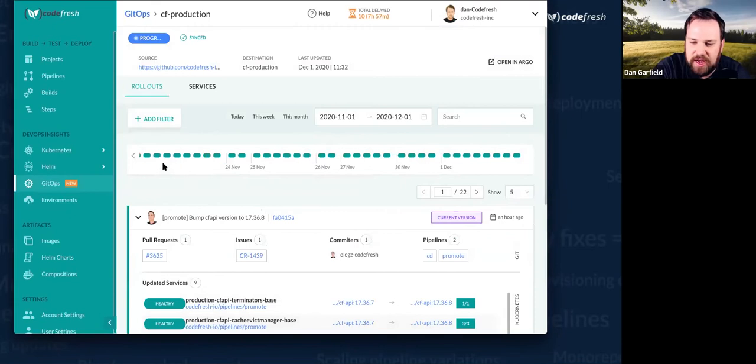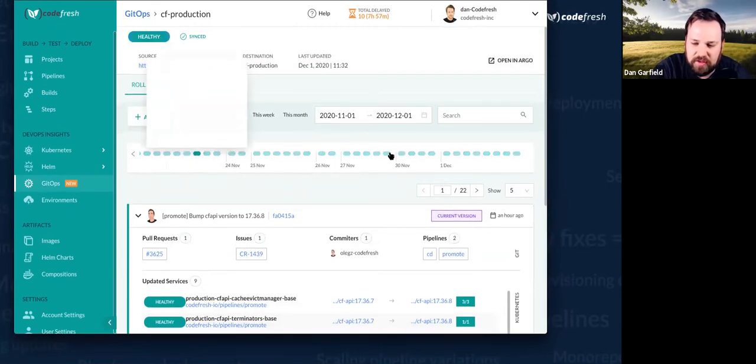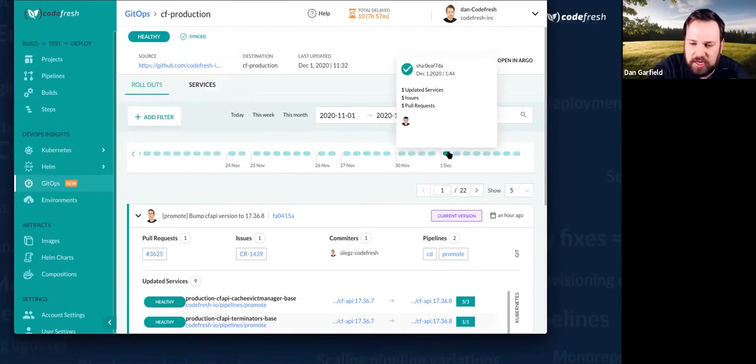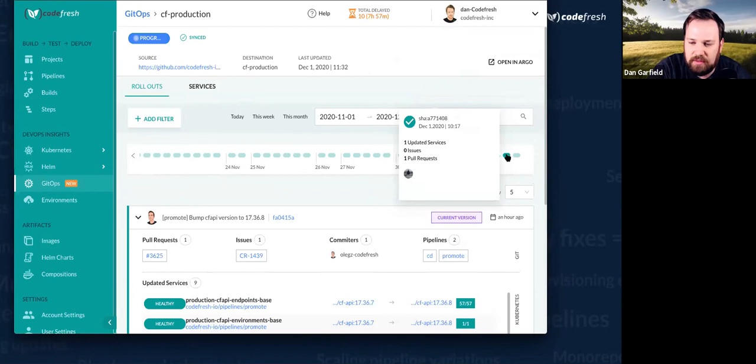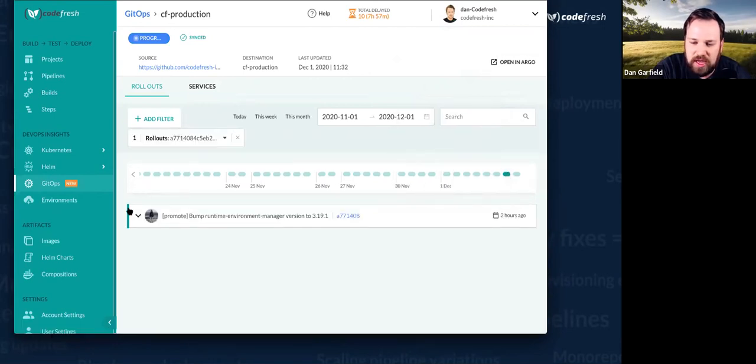Now, let's say that I had identified an issue that occurred at 10 o'clock this morning. I can actually narrow down and see exactly when my deployments have all occurred. And so here's my 10 o'clock range, and I can jump straight to that one, and I could find out what was going on with this.